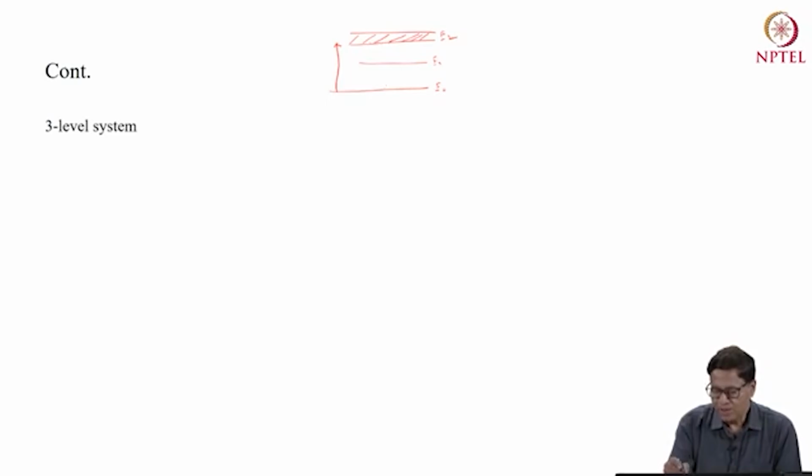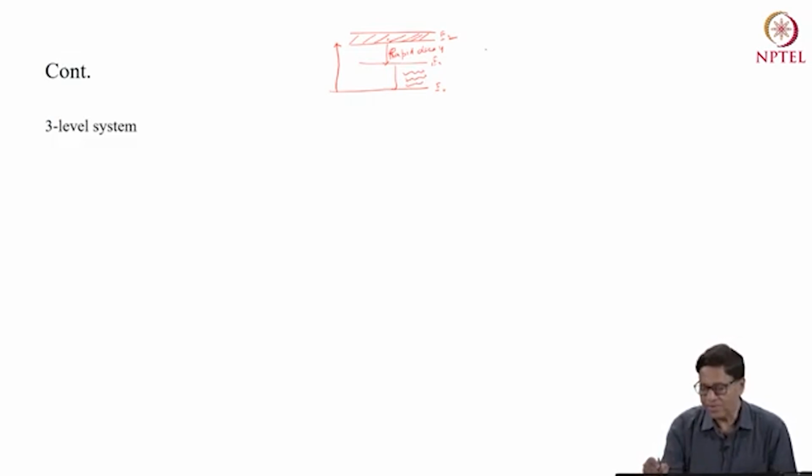In E2, they stay for very, very little time, and then there is a fast, rapid decay to E1, and from E1 the electrons fall onto the ground state, and then they emit energy. So this is an example of a typical 3-level system,